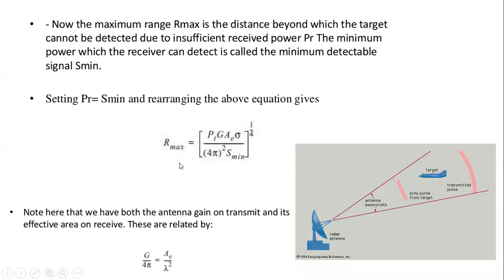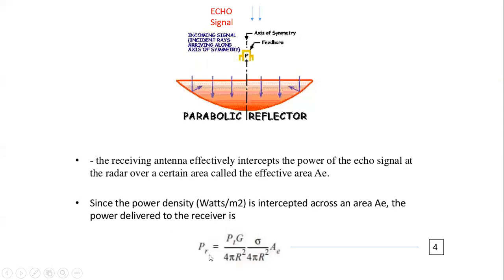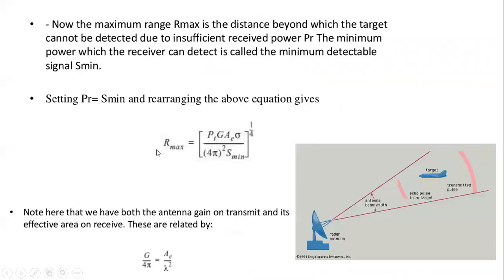It is basically PR. But here if you see, PR will come for a particular range. Which range? Some range. But when you talk about maximum range, then it is necessary that PR becomes the minimum power. That is what has happened. When we go from any range to maximum range, then this PR becomes S min. That is, with minimum power, we are able to achieve maximum range if the conditions fit in. What are the conditions? The transmitted power, gain, effective area.